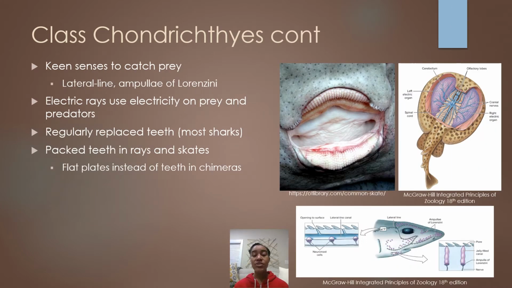Cartilaginous fish are predators, and they have a variety of adaptations that have allowed them to be very effective predators. They have a very good sense of smell as well as eyesight, and then many of them also have a variety of other organs that help them to sense potential prey in their environment. One of these additional organs is the lateral line, and the lateral line is a system of interconnected mechanoreceptors, which